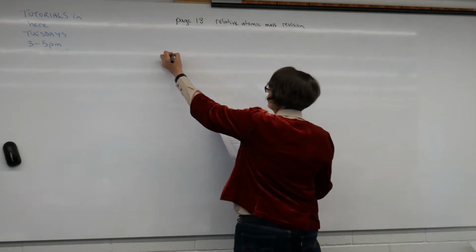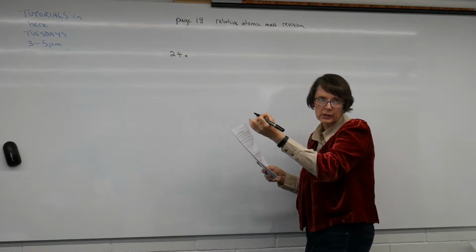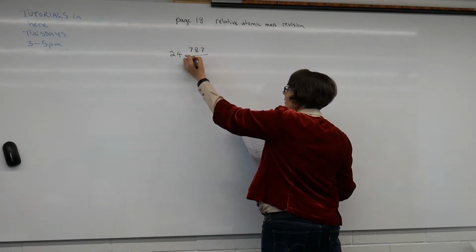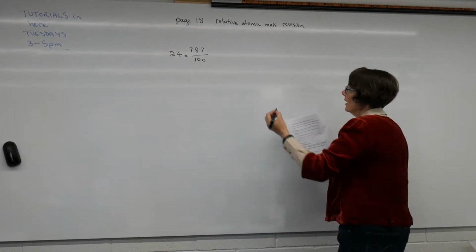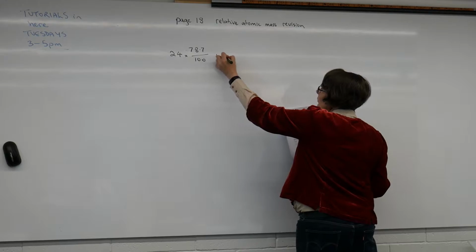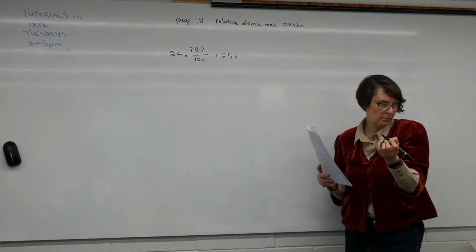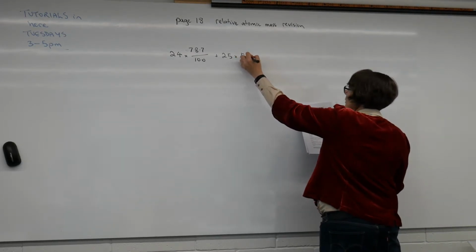So for 24, we've got 78.7%. Now, you could write that as 78.7 divided by 100. That's for the 24, and then we've got 25, and there's 10.1% of them. You could also write it just as the decimal, 0.101